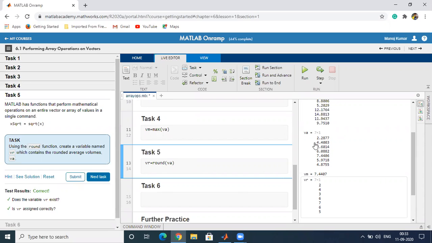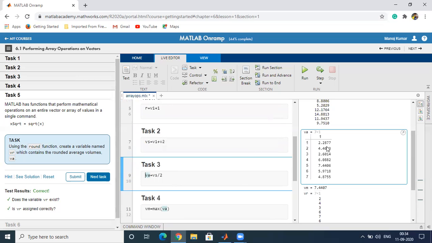We are using the round command over VA to get this value VR, which gives only the integer part: 2, 4, 3, 6, 7, 6, 4. So this is the value which we will obtain after applying the round function.